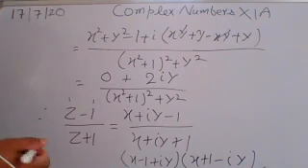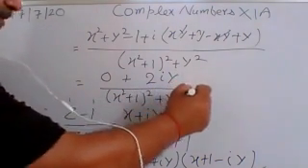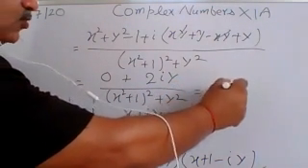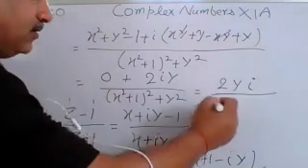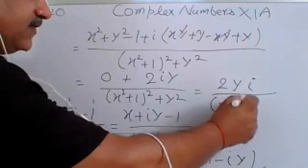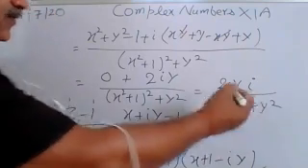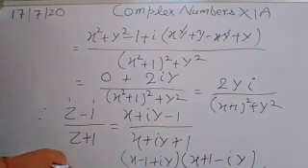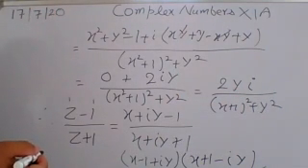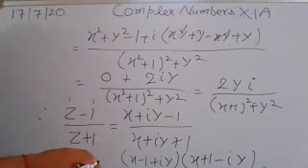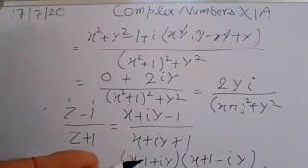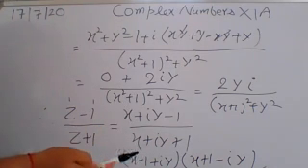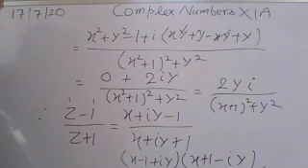That complete result can be written as 2yi upon x plus 1 whole square plus y square. So for the value of z minus 1 upon z plus 1, you see that the value of its real part is completely zero. So you can say that it is purely imaginary. Hence,